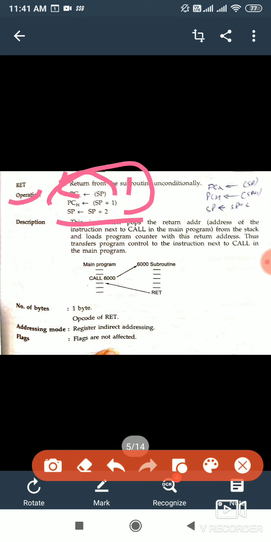The return instruction is not given any address, because it will automatically retrieve our address. So return is a 1-byte instruction, and just like the pop instruction, it uses register indirect addressing mode.